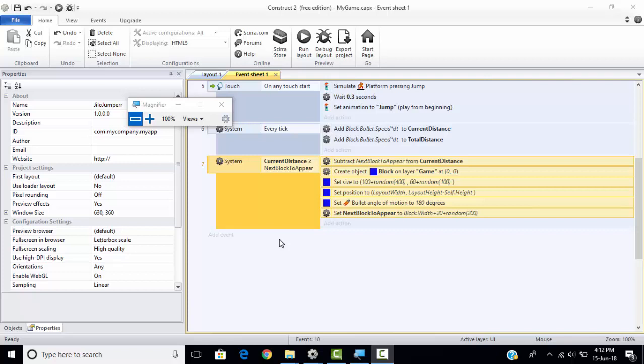So guys, in this section we will be adding some more events in the event sheet to make the game more fully working, and the events which we will add in this layout are related to the block and the player. So what things we have to keep in mind: the first event I want to add in this layout is